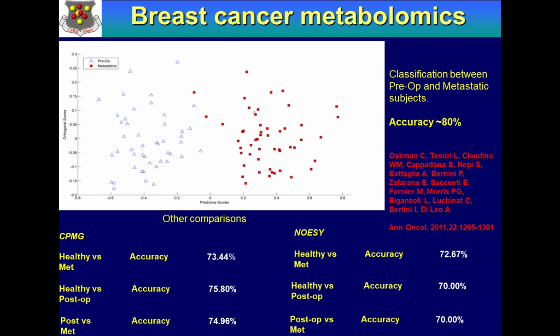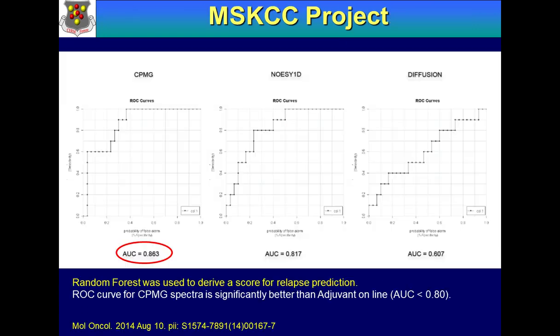Breast cancer is a series of papers that we have published over the years, where we first identified the fingerprint. This is again serum fingerprinting by bucketing. The fingerprint of breast cancer against normal people, but we also could see a clear fingerprint of metastasis against breast cancer without metastasis. And then we thought we might use this fingerprint of metastasis to try and predict recurrence or relapse in women that at the time of surgery had no sign of metastasis, but then after a few years would develop metastasis.